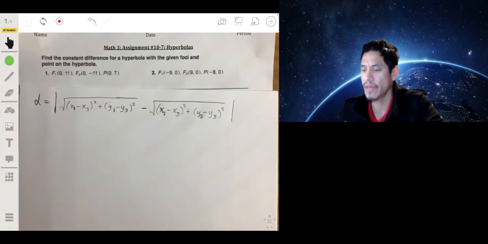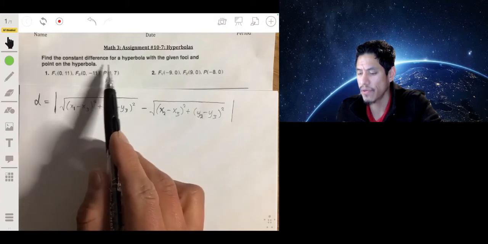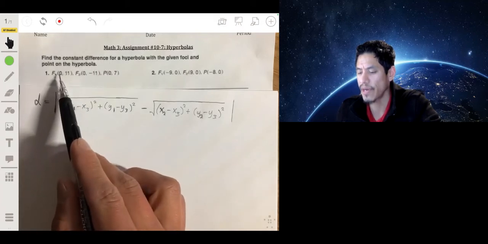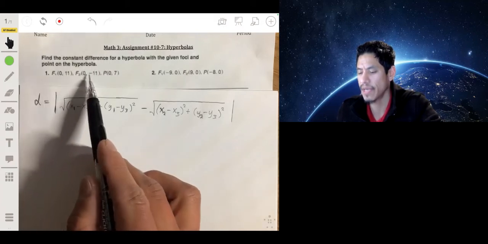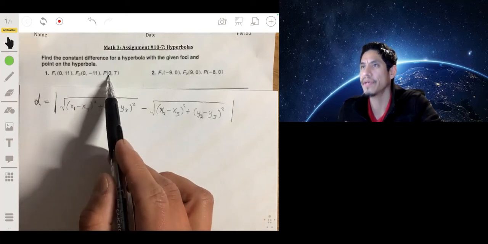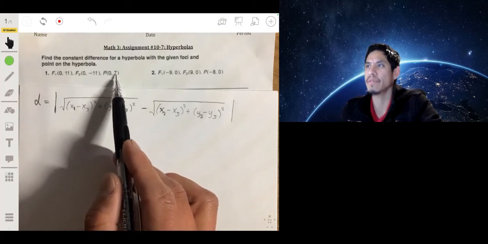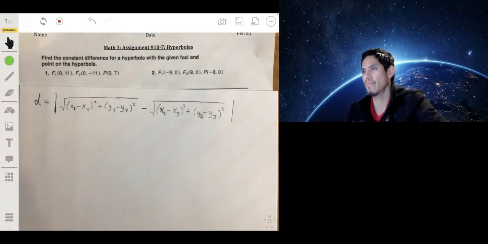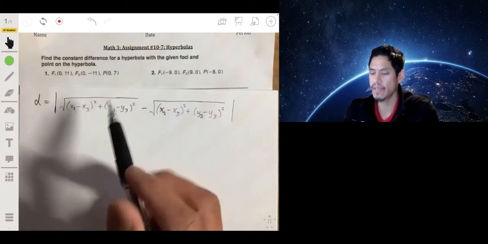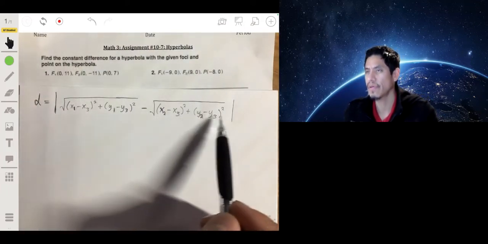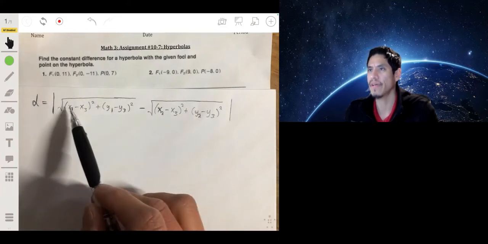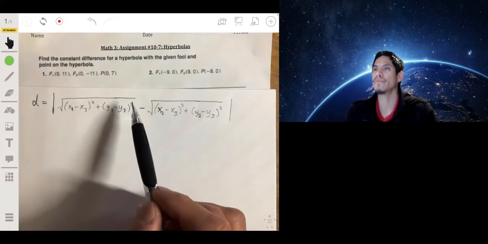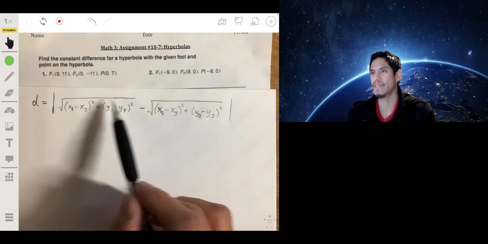All right, so we're going to try to find the constant difference for this hyperbola with foci at 0, 11 and 0, negative 11, and P is going to be on the hyperbola at 0, 7. So there's a generic formula to find this constant difference, and here it is. It's basically the absolute value of these two distances, or these two lengths,